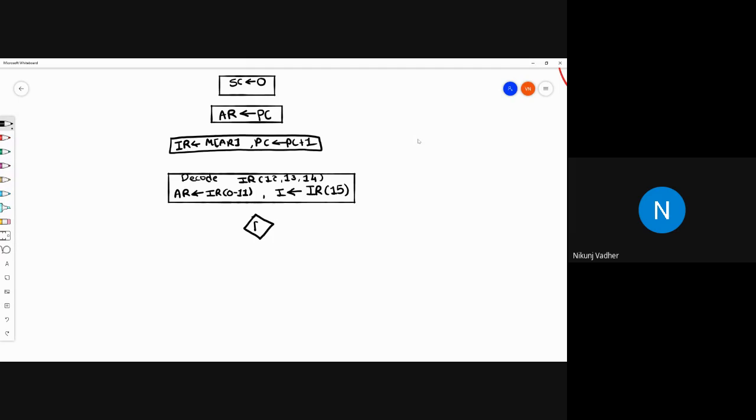Okay, we will check the value of D7. If value of D7... Okay, here we will again check the value of I. Okay, if value of I is 0 or 1, or in this case,